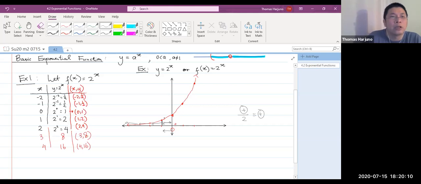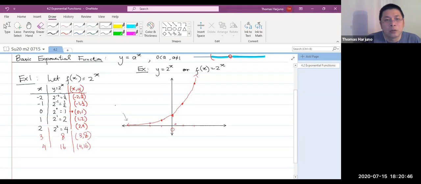Imagine if you pick a positive number somewhere on the left hand side here. It's already a small positive number. When you go 1 unit to the left, you divide by 2, divide by 2, divide by 2. However many times you do that, the value will still be positive, even though it gets smaller, but it will never be 0. That's how we know that this graph here